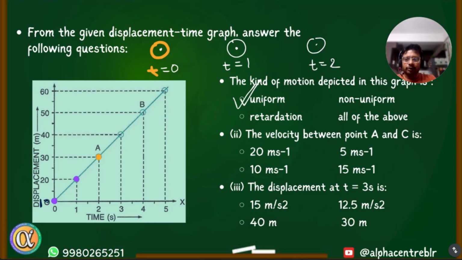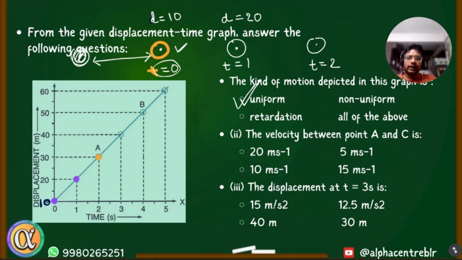It's already 10 meters from the starting at 0. Okay, so at 0, the displacement is 10. Let's say at 0 second, it is at 10 meters. Means, see, this is the starting point. When time is 0, the object was here, 10 meters from the starting. At 1 second, this is how much? 20 meters from the starting. At 2 seconds, it is 30 meters from the starting. Okay. So the point is,